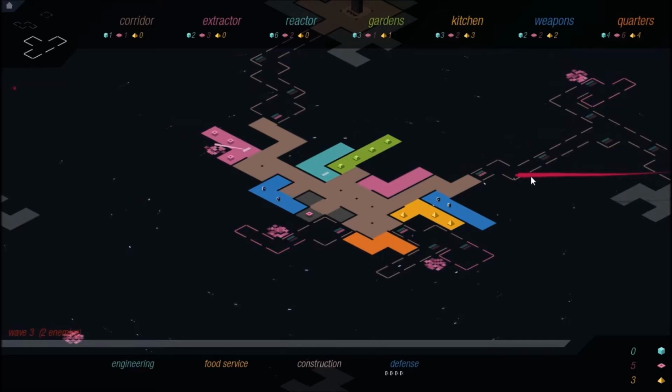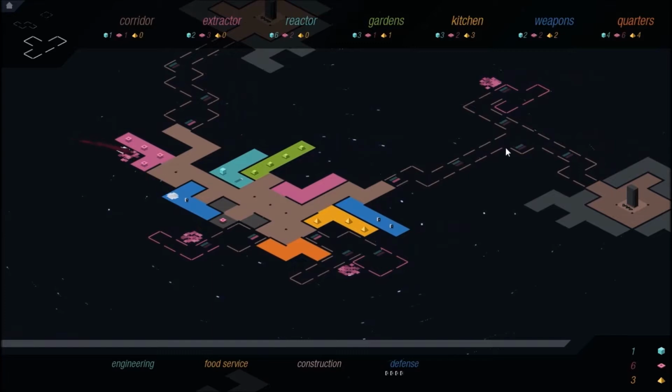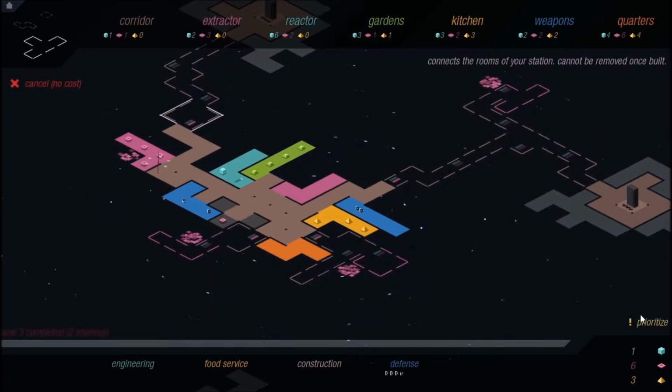Again, apparently it's two enemies. We've got one coming in over here, which we took out fairly quickly, and one coming in from over here. So it should be an easy defense here, then we can get back to work. I think I want to expand out to over here to grab the